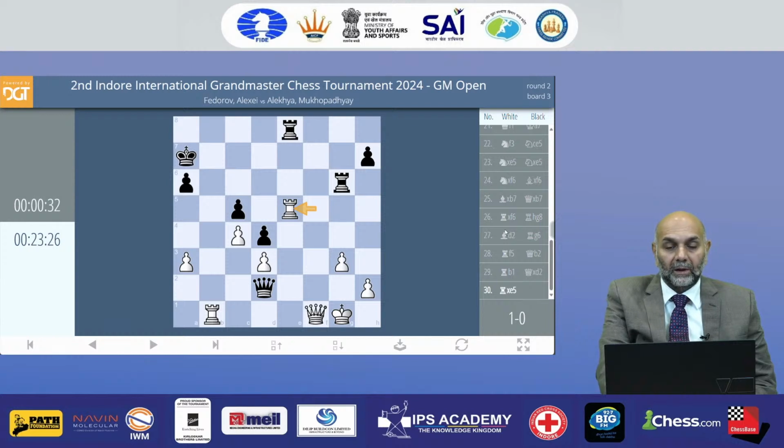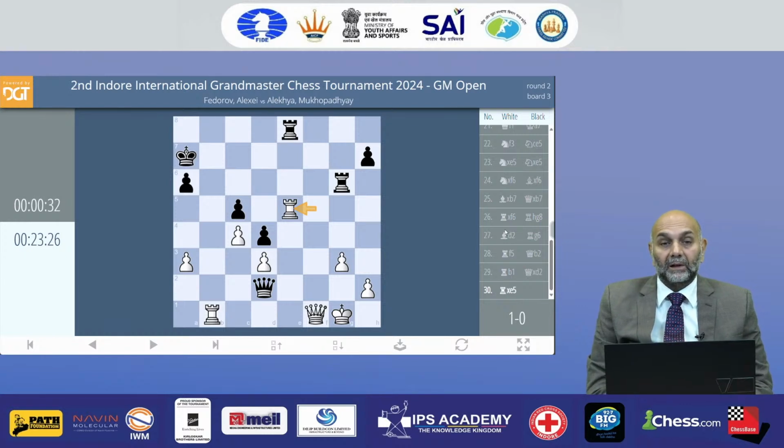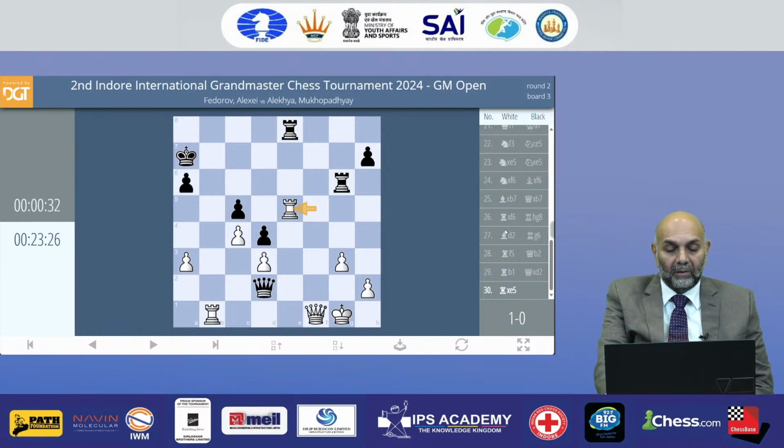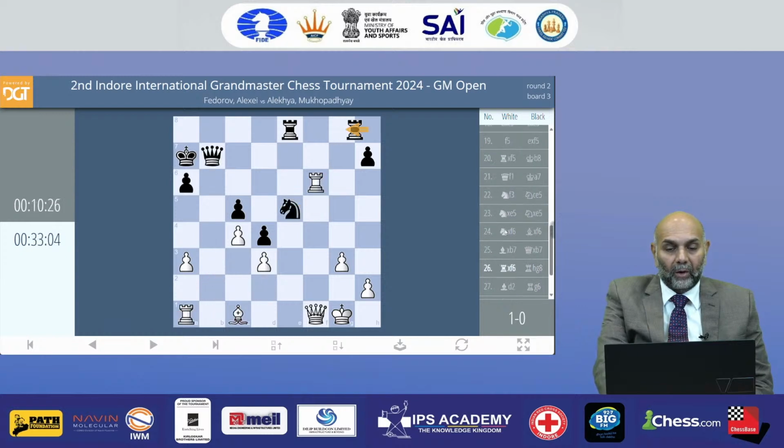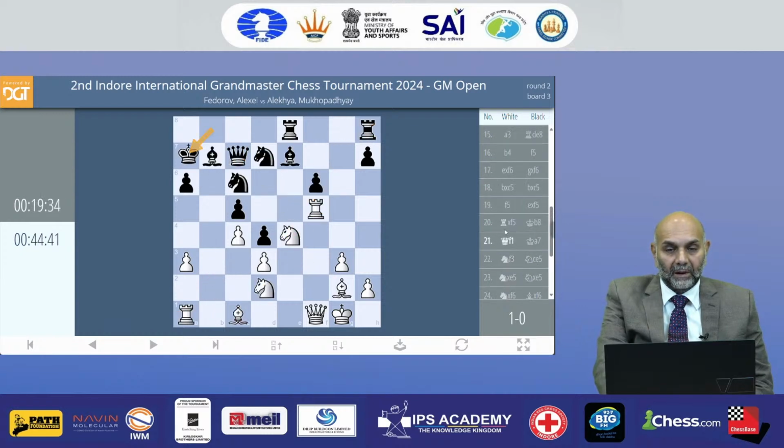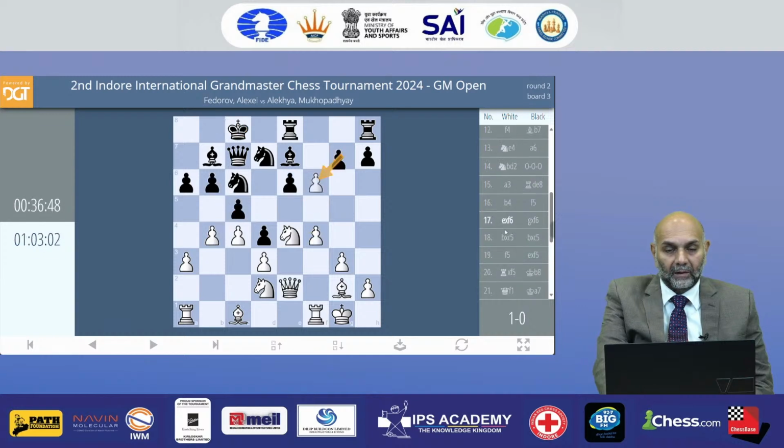So let's look at the third board game. Again, we have a Russian player on the third board as well. So the top seed is Indian, second and third seeds are Russians. A very strong tournament. I remember the second board, Grandmaster Savchenko had played in Spain over 2 decades ago, and even Fedorov has been a very active player for several years. Let's now look at the game from the beginning. The game has ended in favor of the Russian.